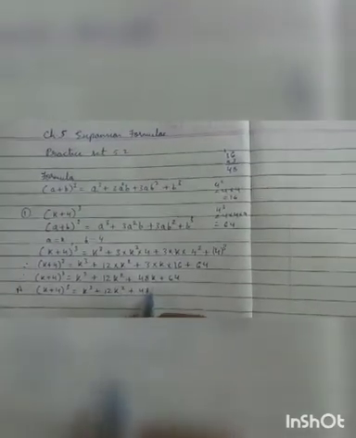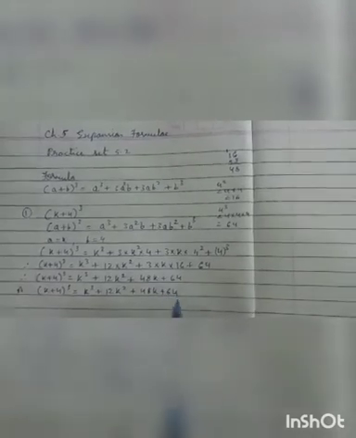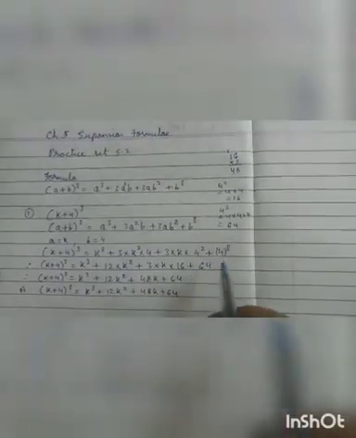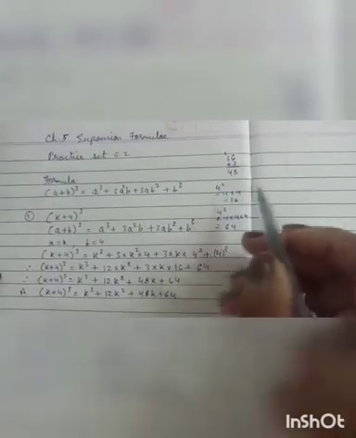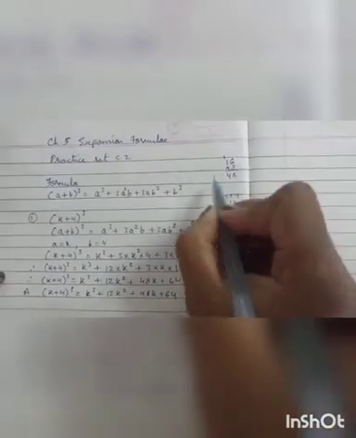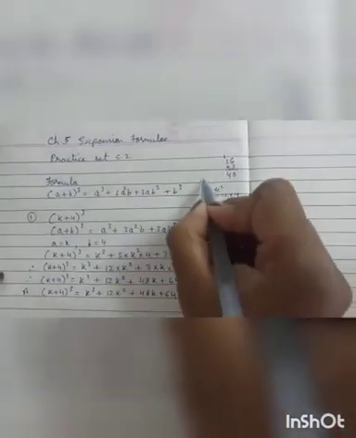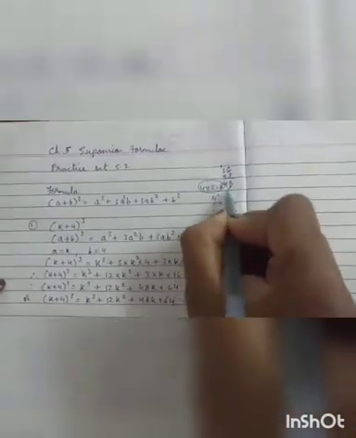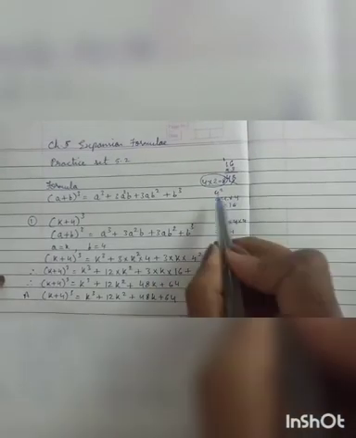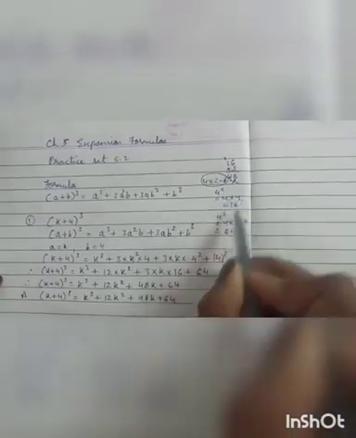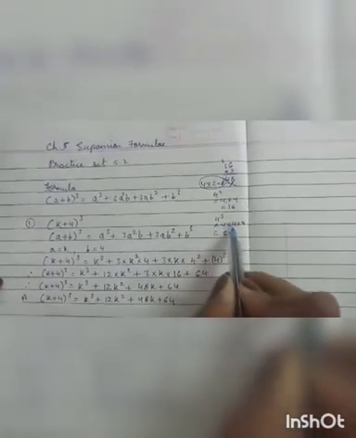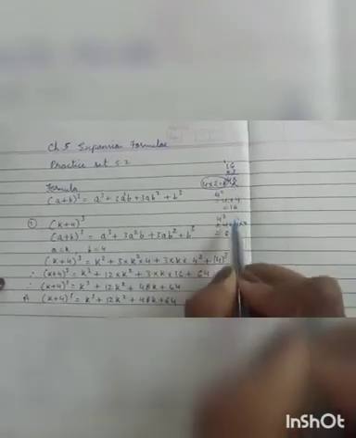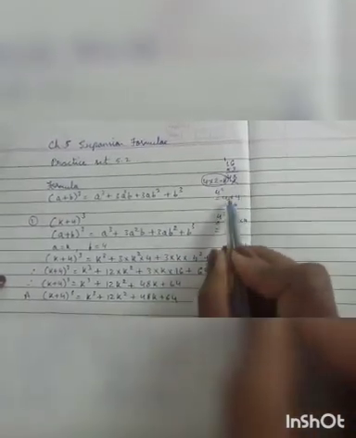Students, here you have to remember that 4 square is 4 into 4. The common mistake students make is they write 4 into 2, that is 8, which is wrong. 4 square means 4 into 4, and 4 cube means 4 into 4 into 4. You have to remember this, and also you have to learn the cubes.